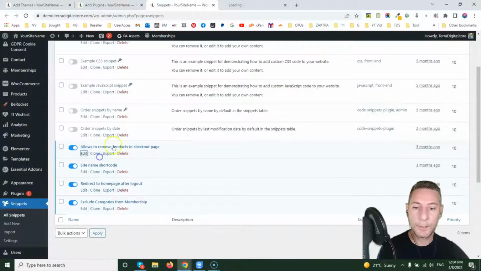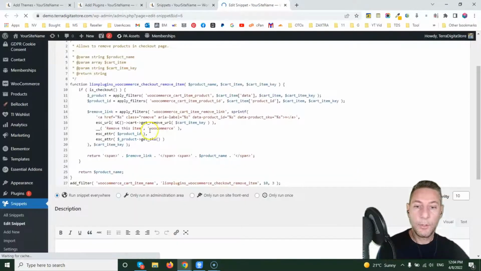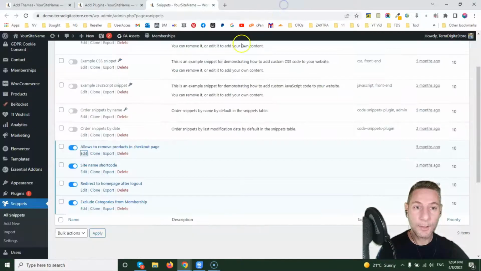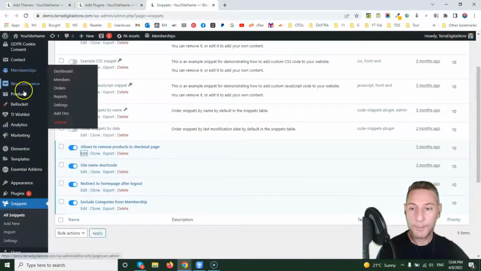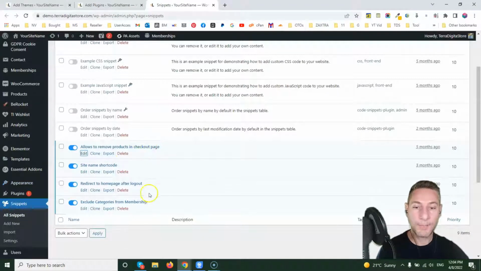So if you see here, if I go to edit, you see there is a code. Don't worry or freak out about this. We don't need to know anything. I just show you that there is this option to add custom code on the site. You have 2 ways to add custom code. You can add it on the theme. If you go to appearance here, and it says theme file editor, you can add the custom code on the theme directly, but I think it's a better way to add it here using the plugin,